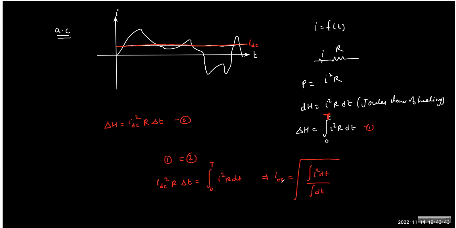Now, we are trying to find the DC equivalent of a variable current, which you can also think of as sinusoidal current. And by definition, RMS means root mean square. So you're squaring the function, you're taking the mean of the function, and you're taking the root. So this is by default I RMS. So basically you can say in an alternating current or alternating voltage source, the RMS represents the DC equivalent of AC. So what is RMS representing? DC equivalent of AC.